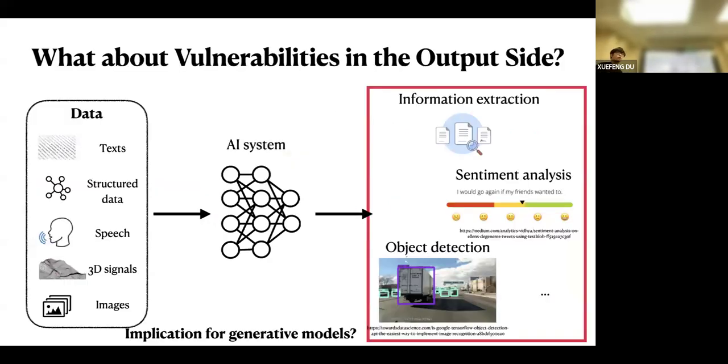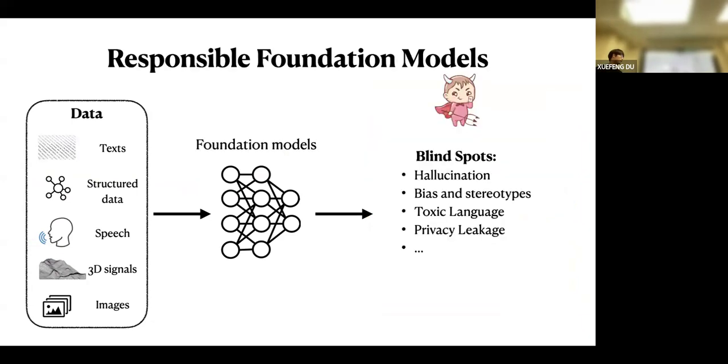Having talked about the vulnerabilities on the input side, my recent work has also explored the vulnerabilities on the output side. This is especially important considering that people are increasingly interested in utilizing generative foundation models to help with their critical decision-making in the real world.